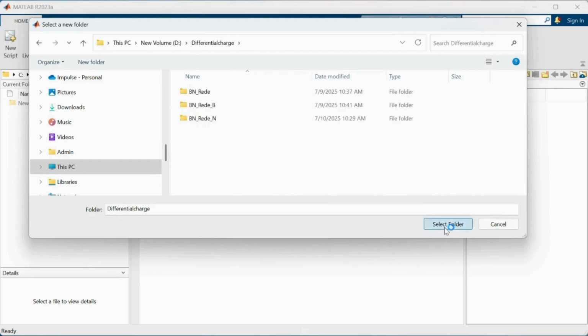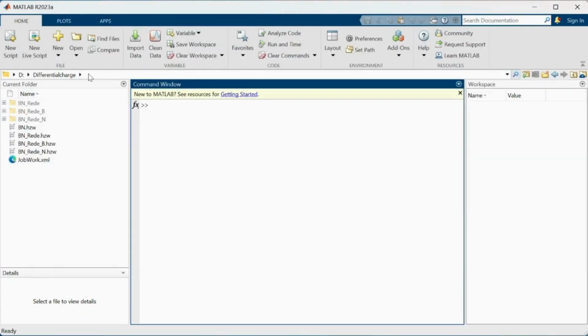Differential charge. Select folder. Go in boron nitride redefine, NanoDcal crystal. You can see the NanoDcal object material file of the boron nitride structure, boron structure only, and nitrogen structure only.